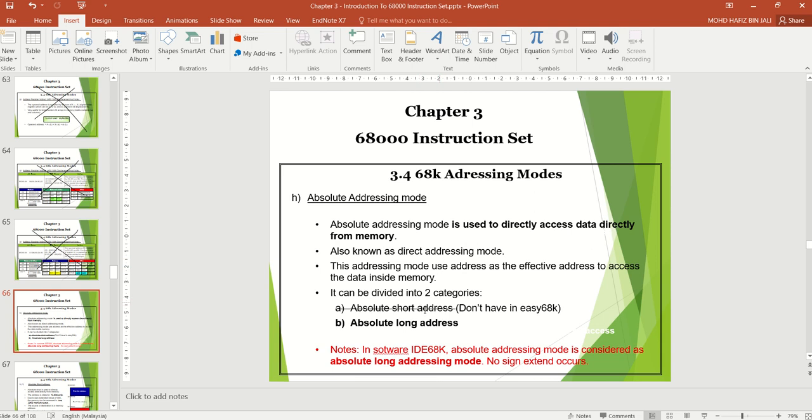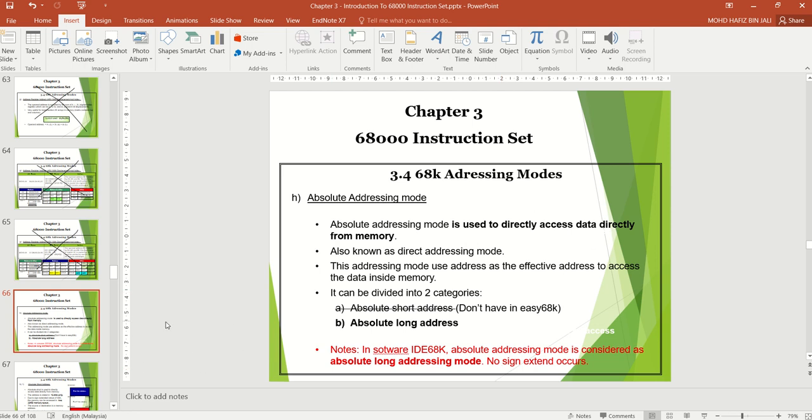It has two categories: absolute short address and absolute long address, but inside the software EASy68K, there is no absolute short address instruction. The only one is absolute long address. Note: in the software IDE 68K, absolute addressing mode is considered as absolute long address only. No sign extension occurs.